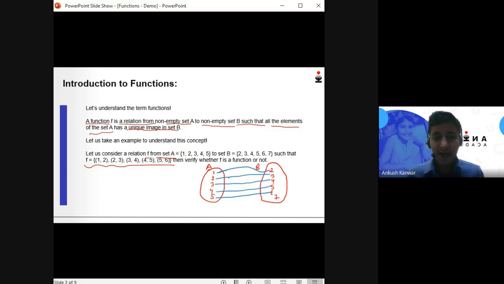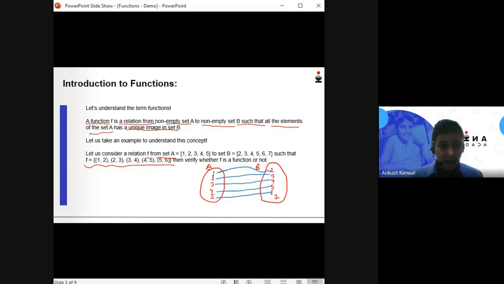Now, in order to say whether this relation f is a function or not, we need to look at the definition. According to the definition, a function f is a relation from a non-empty set A to a non-empty set B such that all the elements of set A have a unique image in set B. So the first thing we need to look at is whether all the elements of set A are linked to some elements of set B or not.